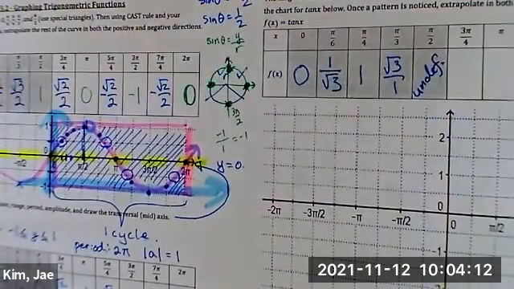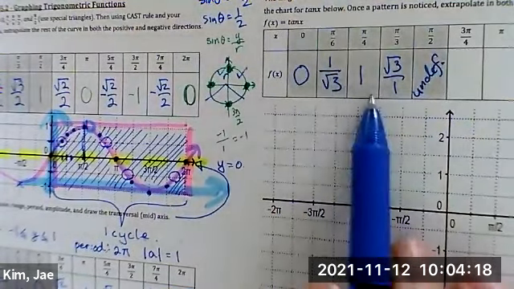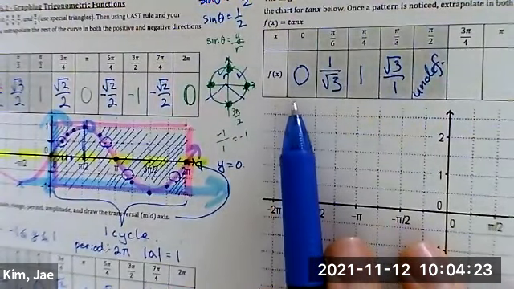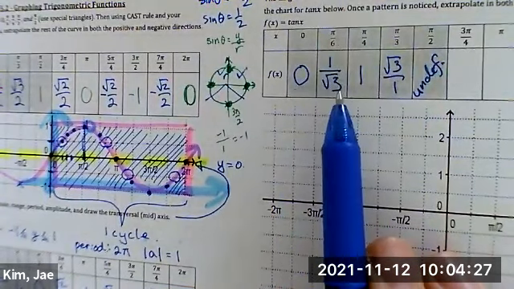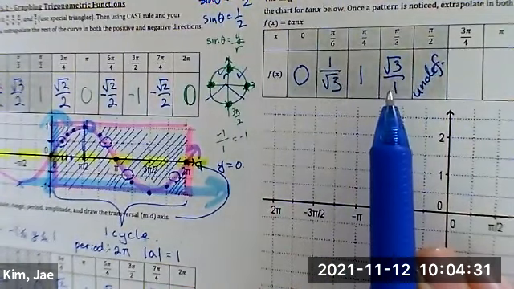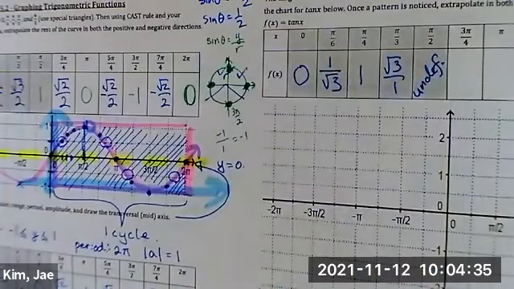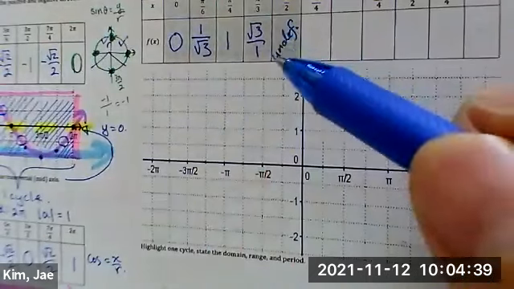No, for now, you don't have to. I'm just trying to show you what the curve looks like. Or if you don't like doing that, we can also use our special triangles. What is tangent of pi over 6? 1 over root 3. What is tangent of pi over 3? Root 3 over 1. Let's draw this. 1 over root 3